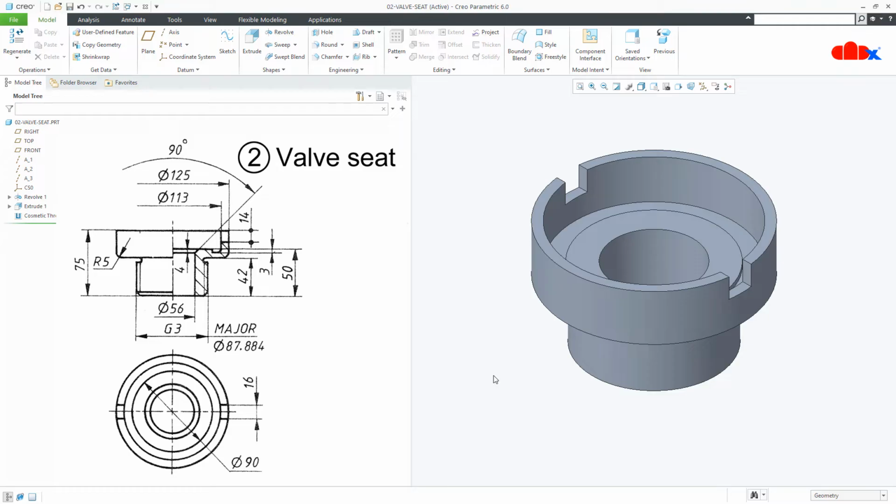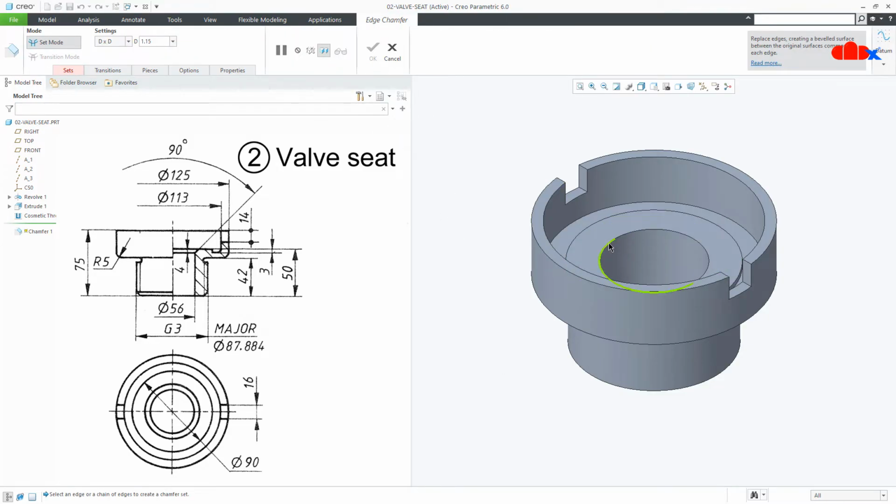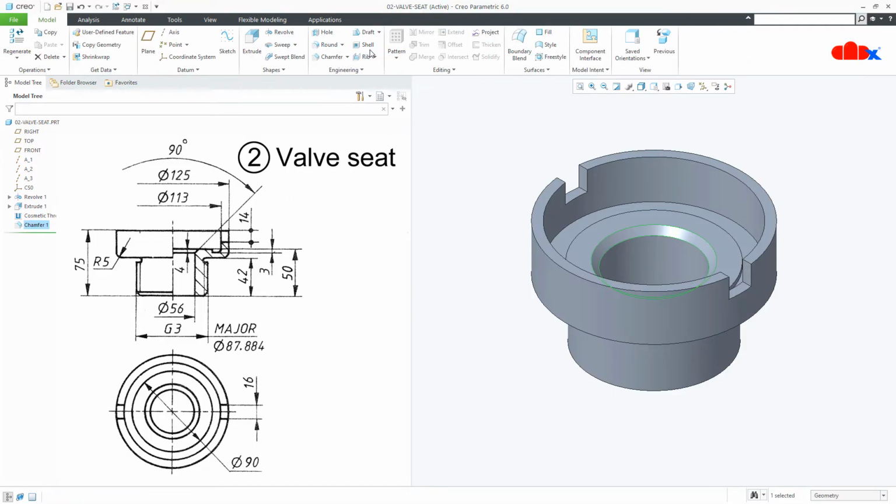Now the last feature is a chamfer. So go to the chamfer and select this edge. So this is the chamfer, 4 into 45. So for this, first you change to 45 into D, and D you make it 4 and say OK. Now the same chamfer you have in this edge.